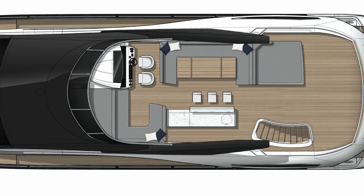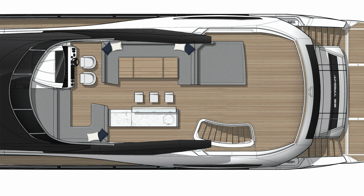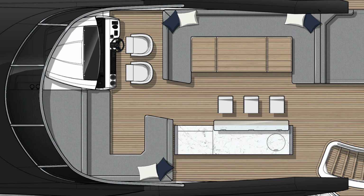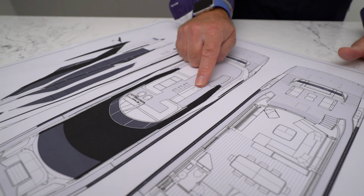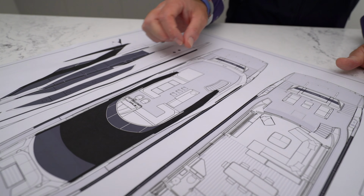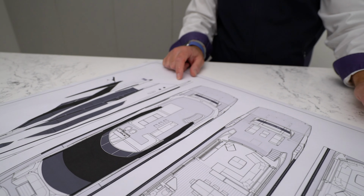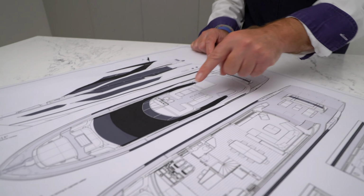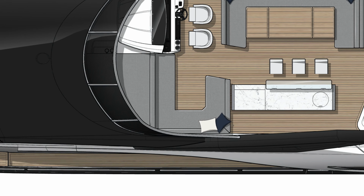And of course, we shouldn't forget the Flybridge. A huge space, somewhere in the region of 10 metres long, obviously virtually the 6 metre beam, particularly in the aft section here. The standard layout gives you fixed sunbathing, great bar stroke serving space with optional stools, a more formal seating area with folding table, and then probably one of the nicest areas to be on the boat when it's running. Opposite to the helm here, you have a great U-shaped seating, and the favourite place for me to sit is just in front of that,